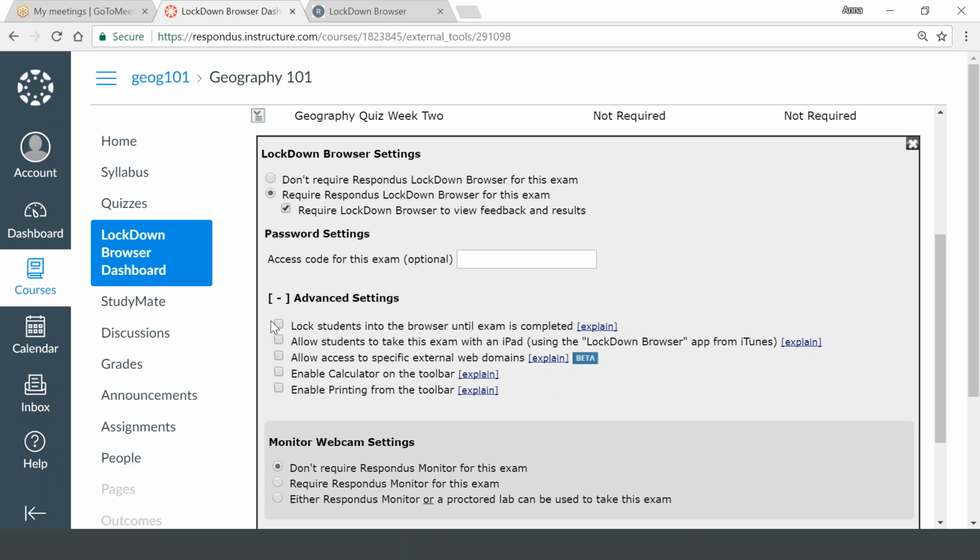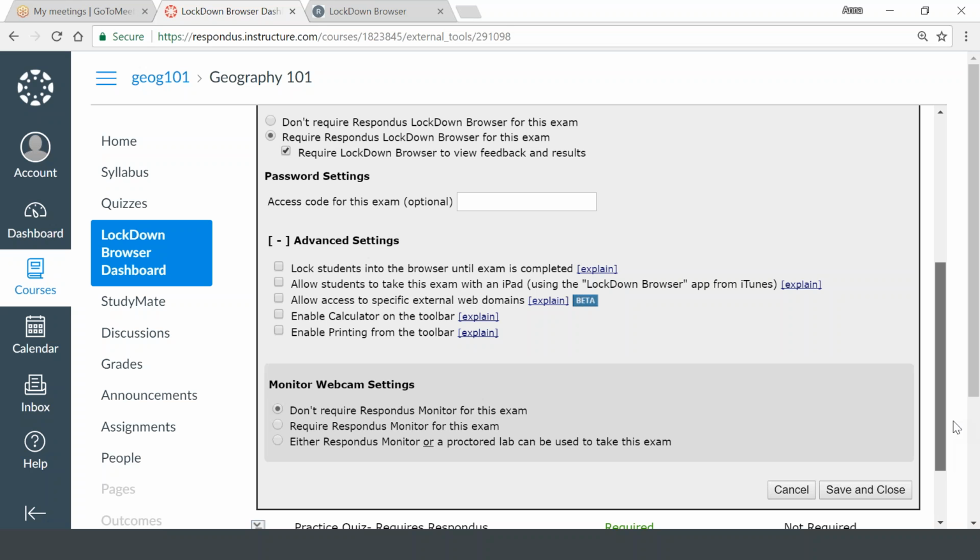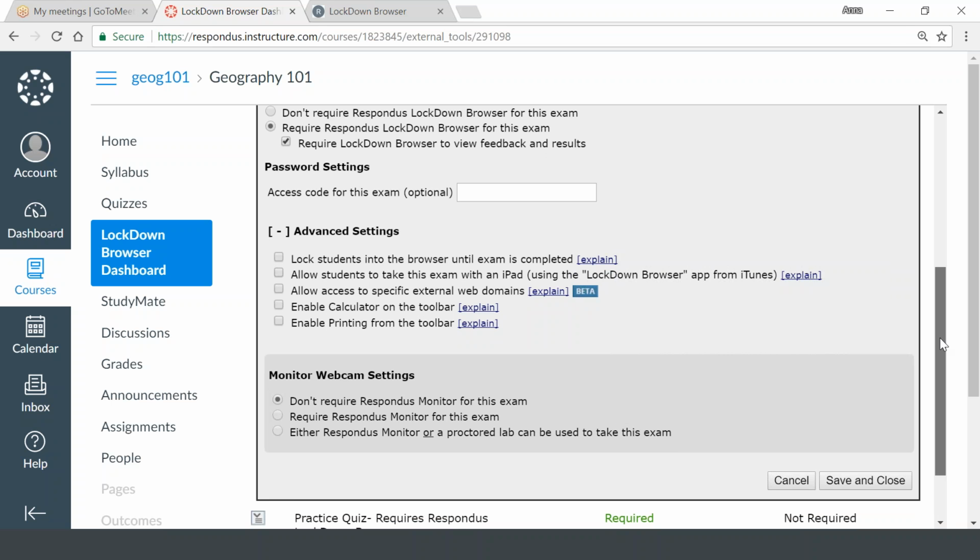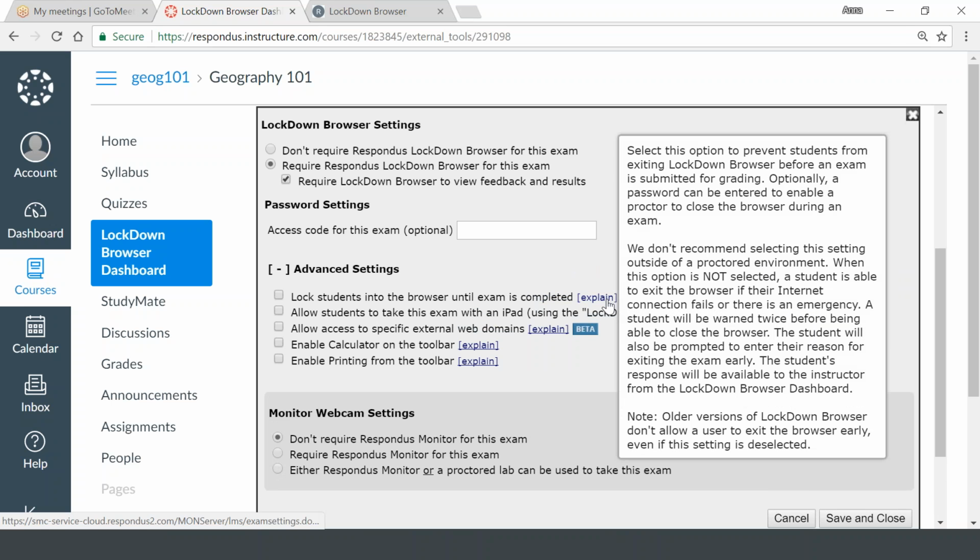So the first option, if I leave this box unchecked, I can take advantage of what we refer to as early exits. This explain link just walks through a definition of what early exits is. Now, early exits allows a student to safely leave an assessment if there's some type of an emergency. So in a situation, perhaps maybe in a proctored lab or maybe a classroom environment, if the internet connection goes out, or maybe a student gets sick in class,